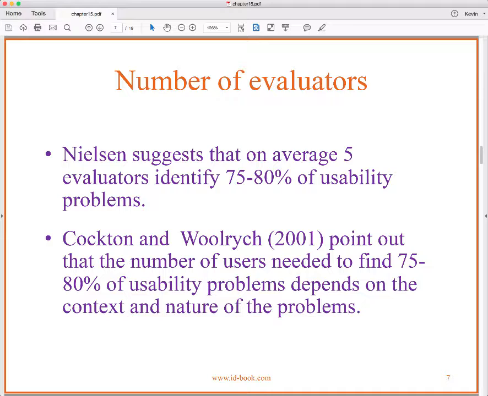So here, to repeat myself, Nielsen suggests that on average 5 evaluators will identify 75 to 80% of usability problems. And some other researchers, Cockton and Woolrych, point out the number of users needed to find 75 to 80% of usability problems depends on the context and the nature of the problems. And there's a real good discussion in the chapter of